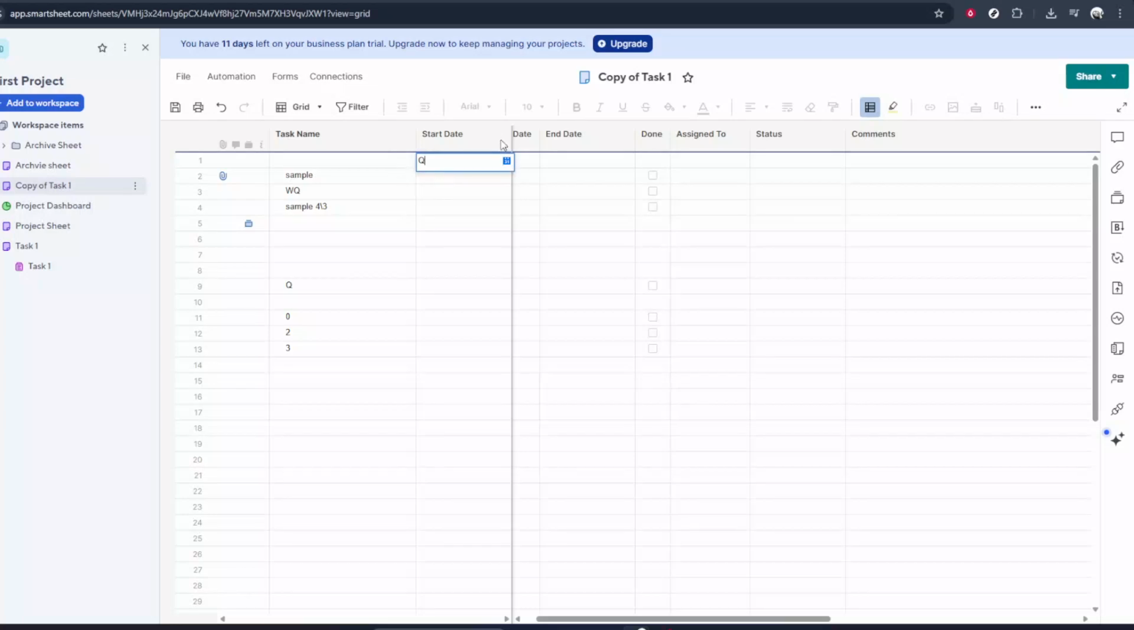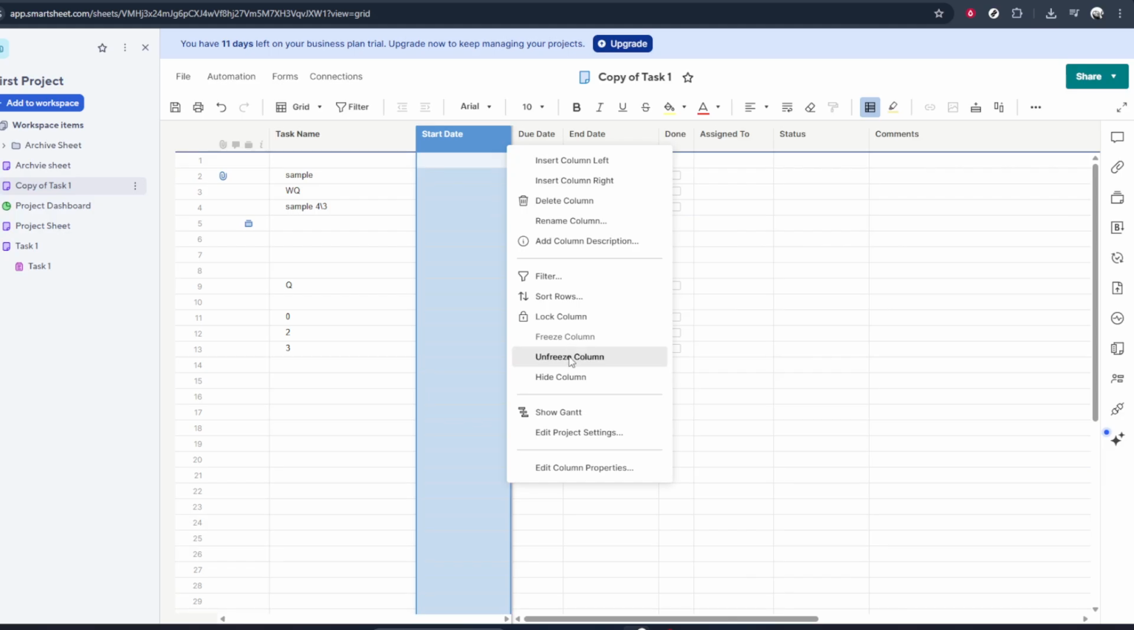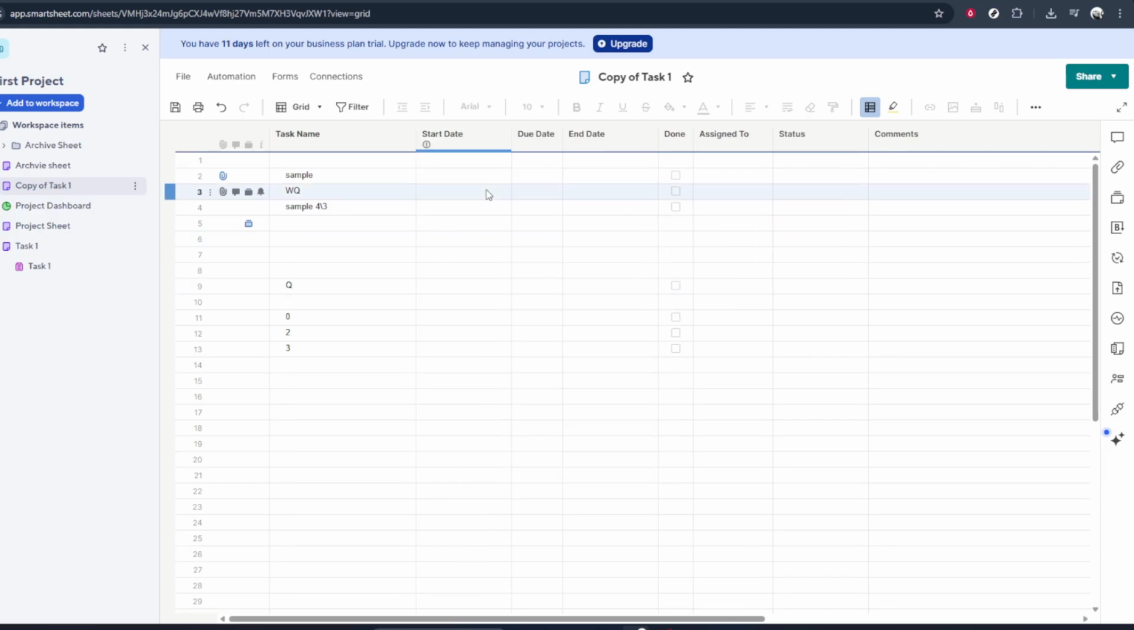In today's video, I'm going to teach you how to freeze panes in Smartsheet. Freezing panes, or in this case freezing columns, is really helpful when you're working with large sheets. It lets you keep important information, like names or IDs, visible on the left side while you scroll across to see other details. That way, you don't lose track of which row you're looking at as you move through your